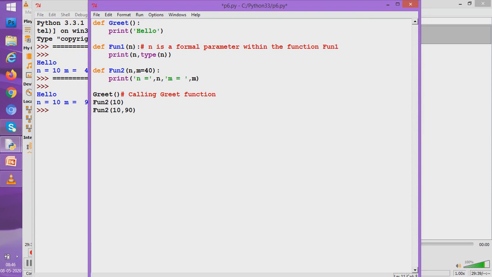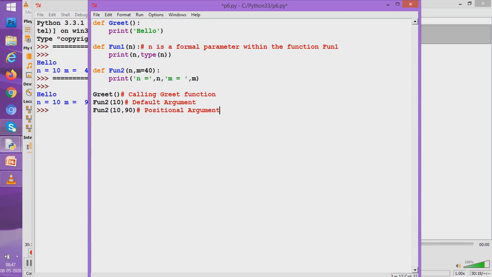So it was using the default argument. And here, even if there was a default, it is using the positional method. So students, you have seen how we can call a function using three different methods. One is the positional method, the second one was the keyword method, and the third one was the default method.